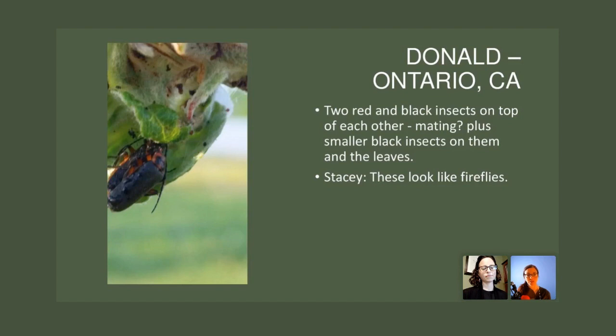It is kind of hard to tell, but tell me what you see in this picture. That was my best guess just by the markings on those insects. They did look like a species of fireflies. It's pretty common to see them in the spring, and mating is kind of what they do at this time of year. And the little black dots,